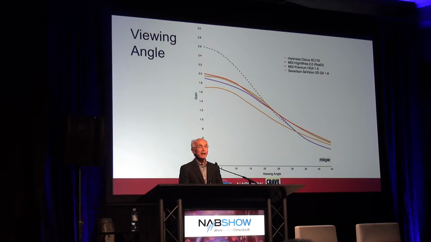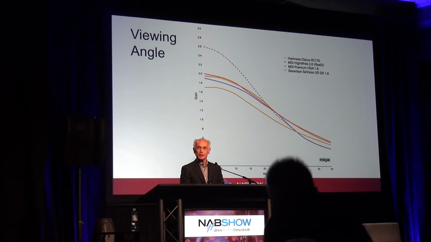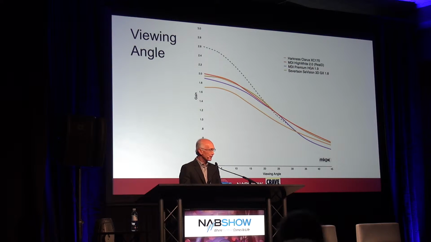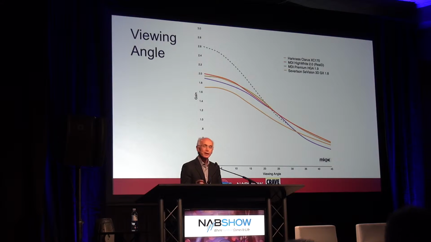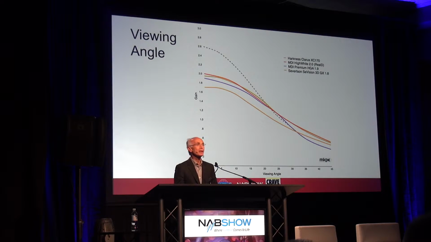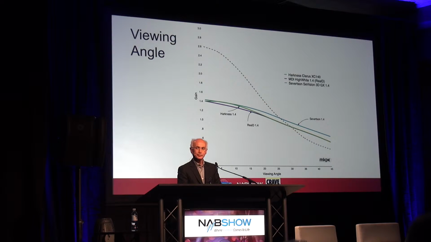If you drop the gain down to around the 2.0 level, then you start getting a little more uniform drop off towards the edges. One of these, I don't know which color it is, you have to study a little bit, but one of those is the RealD screen, using a screen made by MDI using a RealD particle. And then if you go into 1.4 gain, you see performance on all of these manufacturers have very comparable viewing